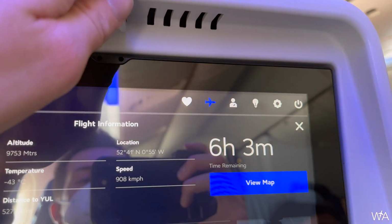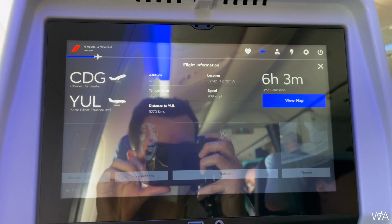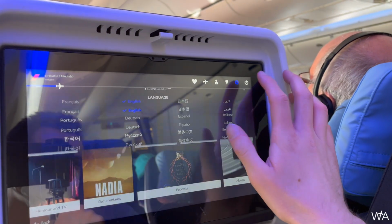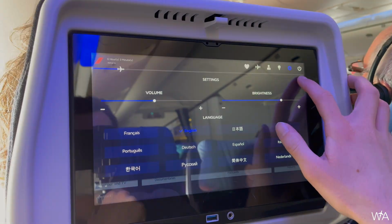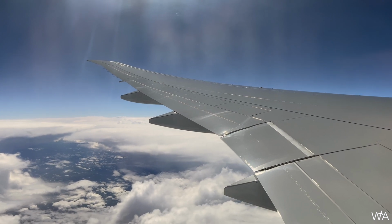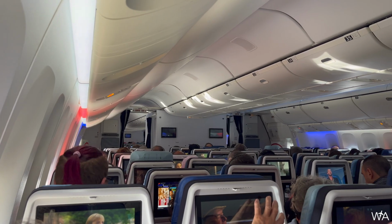At the top right corner of the screen, we have a section for viewing items that you favorited, a button for toggling the flight information to display, as well as buttons to call an attendant, turn on the overhead reading light, and access the settings menu where you can adjust the volume and display brightness, as well as change the system language. Overall, the system is quick to respond and pleasant to use, but I do wish there was better